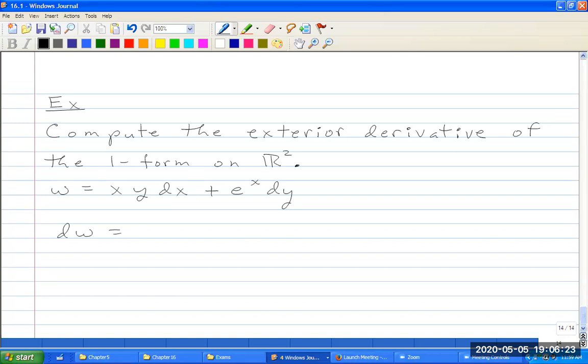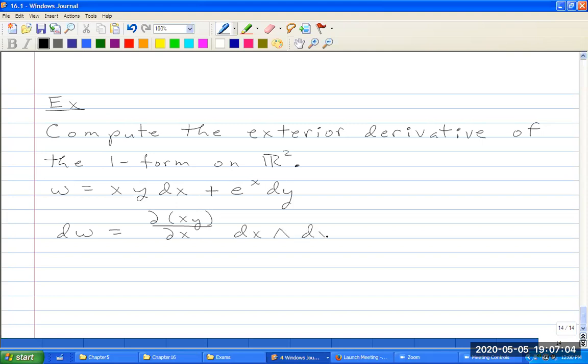The exterior derivative is just the partial, the sum. Let me just do it for this one. So it'll be the partial of this component